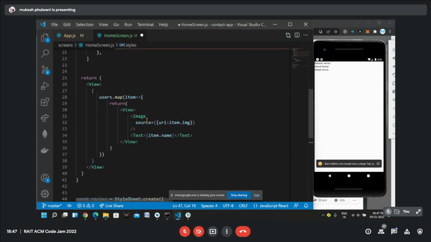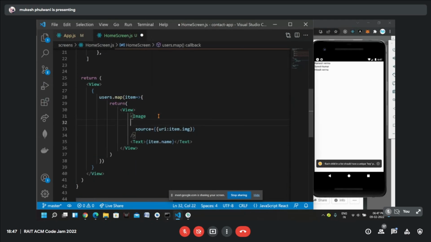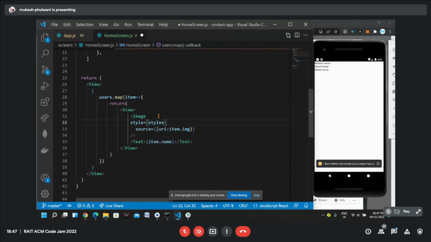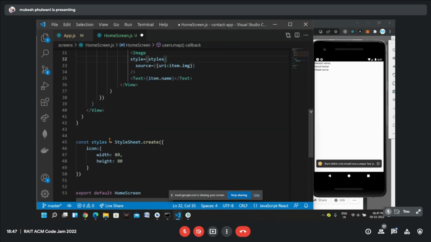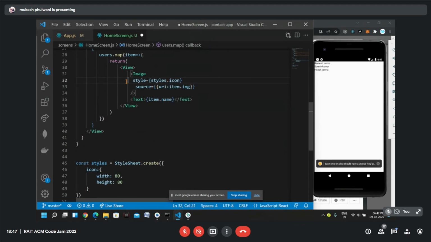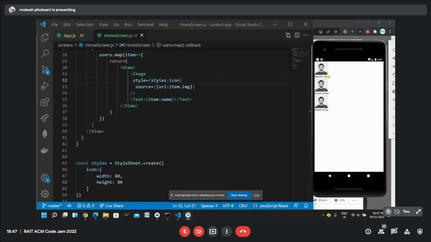Now I can give this a style on this image. Style will be equal to styles, and from the styles object, again this is an object, we want to access the property, so we can write here styles.icon. Save this, and there you go. We got a beautiful image and the name also.